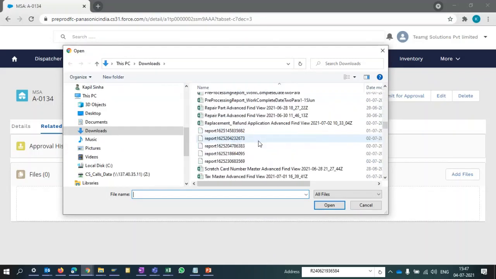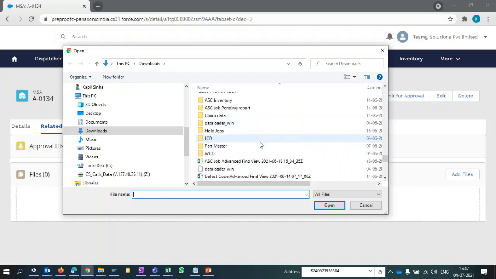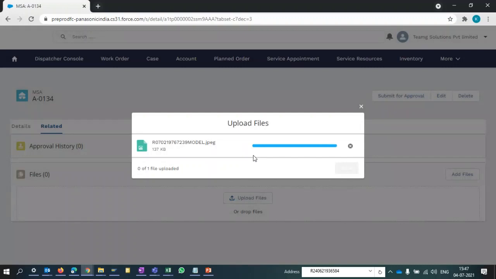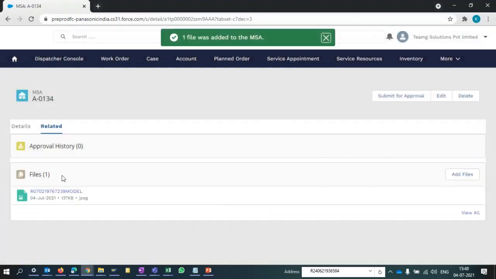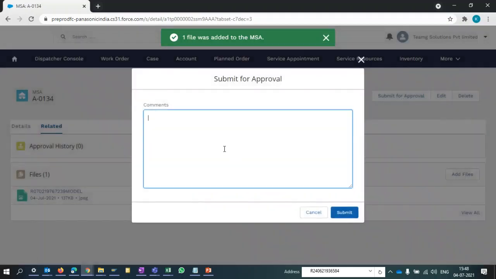Okay, let me select any file. Okay, the file has been uploaded now. Now I'm clicking on submit for approval.